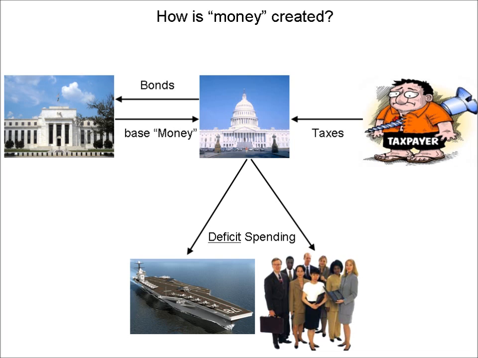draw your own conclusions. In brief, the way the system works is that base money is created when the federal government deficit spends. The government is always buying more goods and services than it brings in taxes. The money needed has to come from somewhere. So the government sells bonds. These bonds that are sold in exchange for current money hold the promise of paying back more money in the